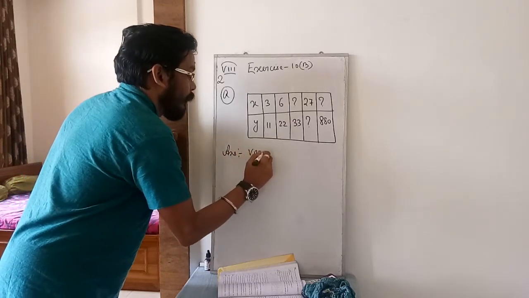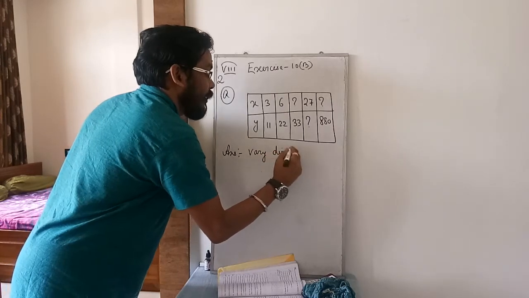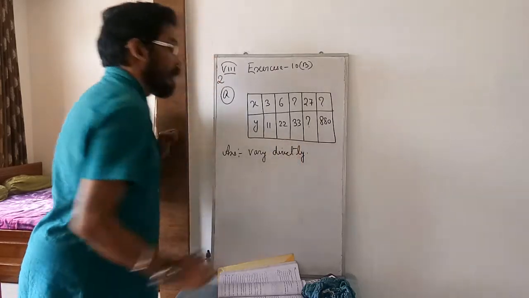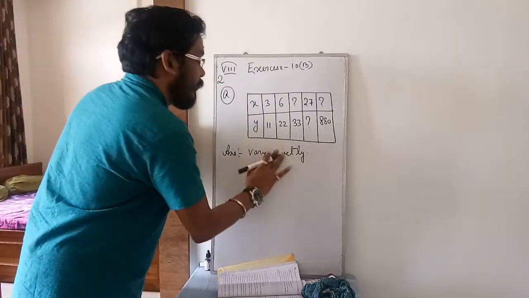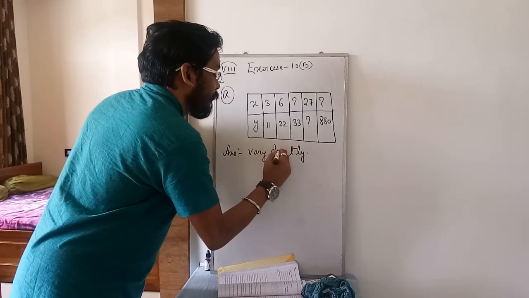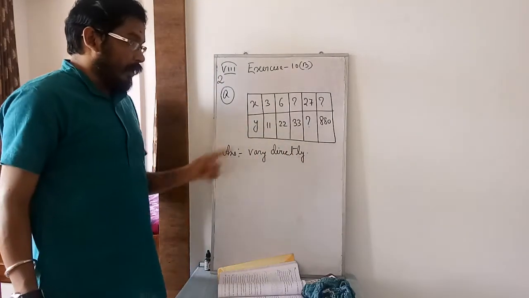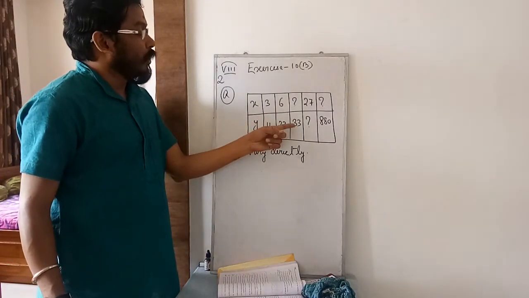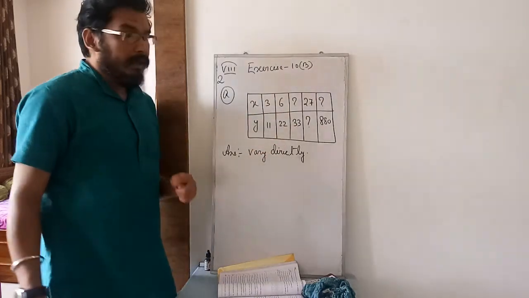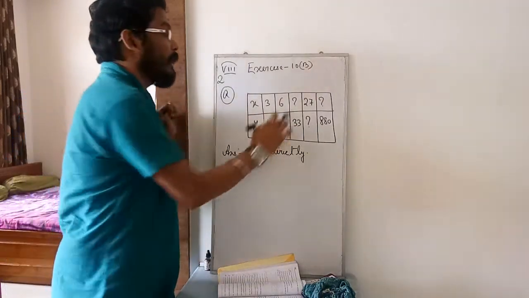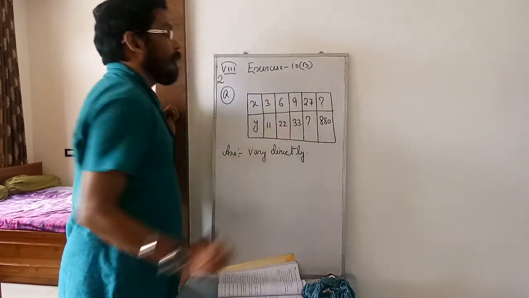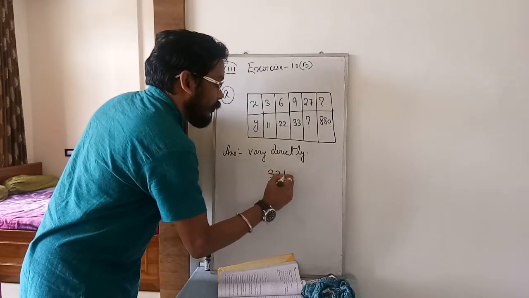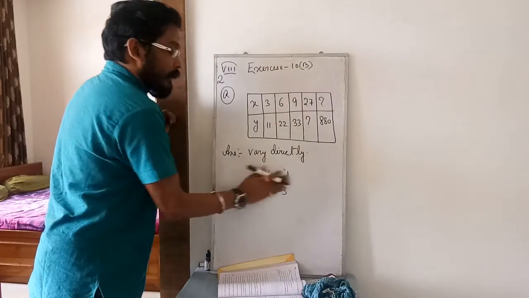It varies directly, so after the first I have to write varies directly. So this is a direct variation. Let me write it properly, directly. So this is a direct variation. Here what will I get? It is 33. I have to get 11 by 3, so 33 by how much will I write here? 33 by 9. So in this blank it will be 9, because 33 by 9, if you cancel it, will be 11 by 3. You will get the same.